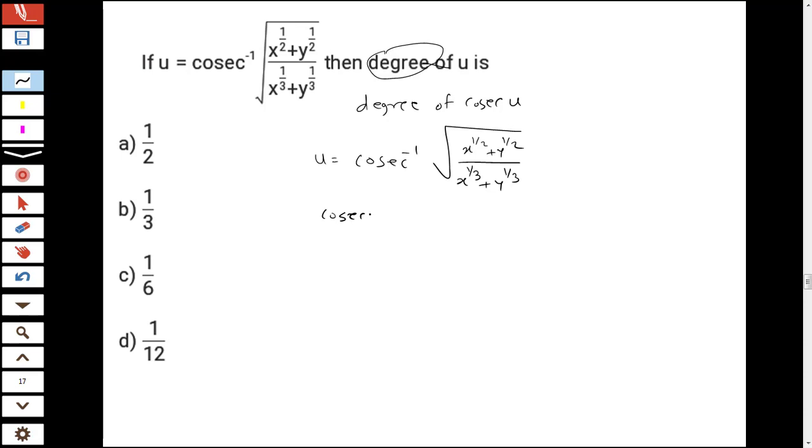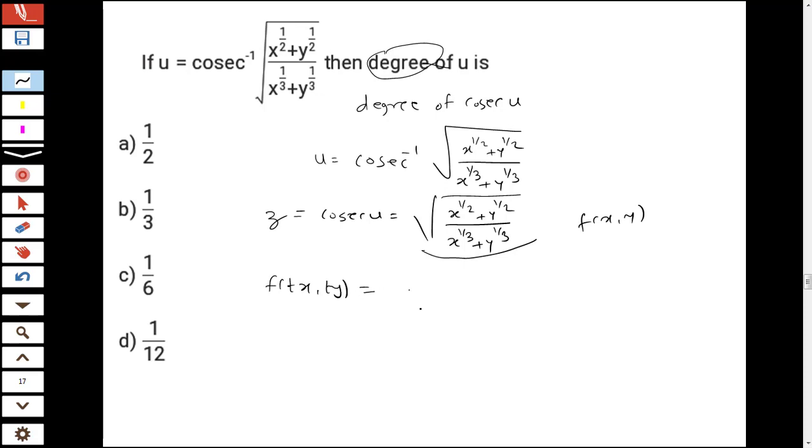So cosec u is equal to under root x raised to 1 by 2 plus y raised to 1 by 2 upon x raised to 1 by 3 plus y raised to 1 by 3. Now if we call this z, this z, or cosec u, can be homogeneous provided it is in the form of t raised to n f of xy. This thing is f of xy. So that f of tx ty